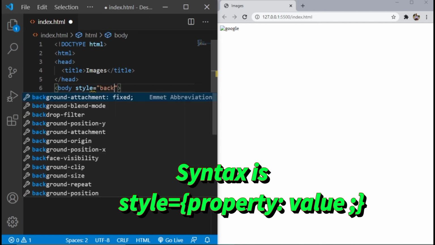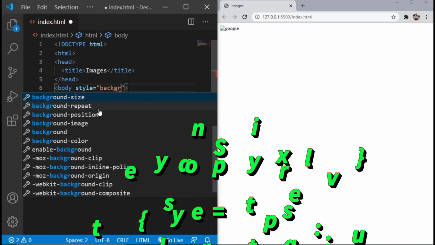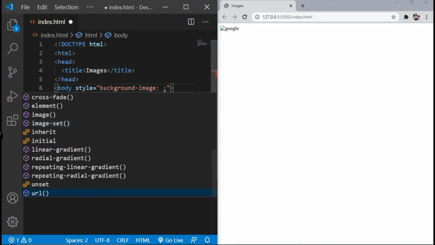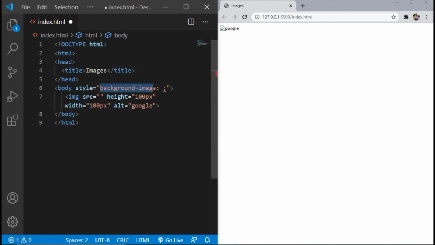use background-image for that. After writing the property, we will have to add a colon here, and after the colon we have to give the path of our image which we want to display in the background.